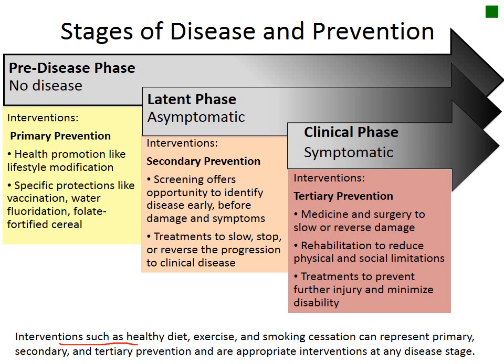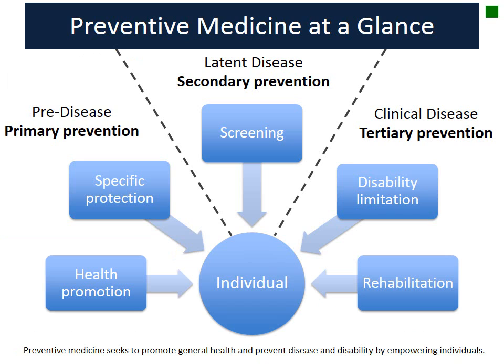But obviously, with respect to chronic diseases and specific risk factors like smoking, an unhealthy diet, or physical inactivity, these can definitely prevent or even reverse disease states. And this is a nice overview of what we term preventive medicine or population health, and looking at these levels